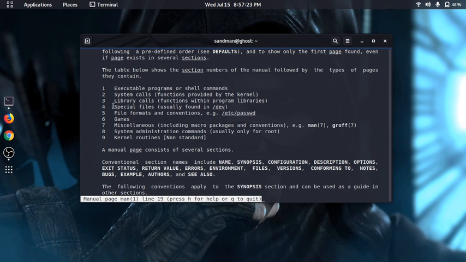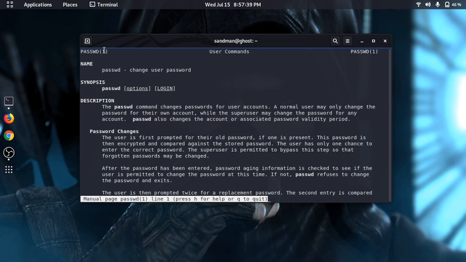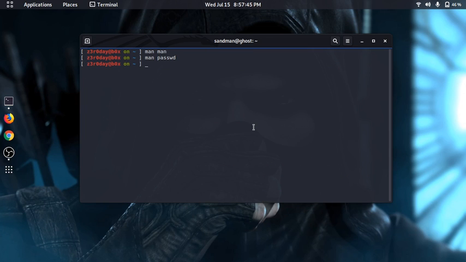So let's discuss an example of these man pages, why there are man pages and different sections. Let's see this thing, /etc/passwd. When I write man passwd, this is coming from section 1 and it is telling us about the change user password command, a shell command. But there is a special file in Linux, /etc/passwd. This is a file having different formats and conventions used in it. So I want to look at the man page for this file, not the man page for the passwd command.